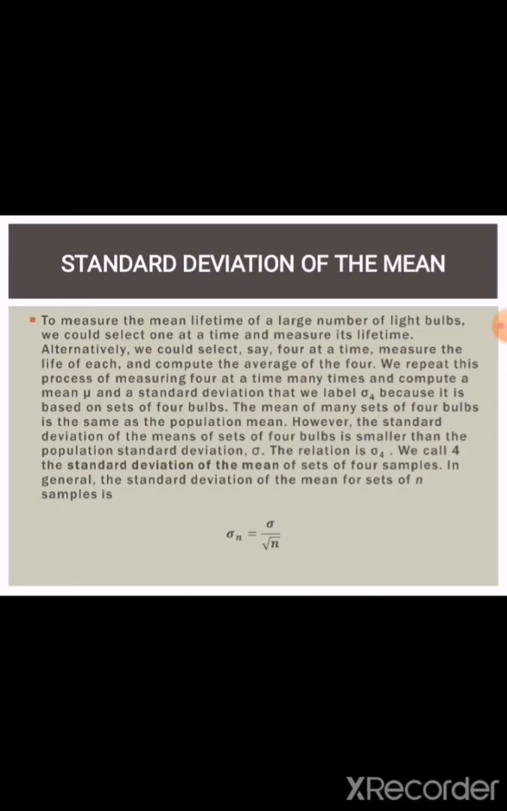To measure the mean lifetime of a large number of light bulbs, we could select one at a time and measure its lifetime. Alternatively, we could select, say, 4 at a time, measure the life of each, and compute the average of the 4. We repeat this process of measuring 4 at a time many times and compute a mean and standard deviation that we label sigma 4 because it is based on sets of 4 bulbs. The mean of many sets of 4 bulbs is the same as the population mean. However, the standard deviation of the means of sets of 4 bulbs is smaller than the population standard deviation. The relative sigma 4 we call for the standard deviation of the sets of 4 samples in general. The standard deviation of the mean of sets of n samples is